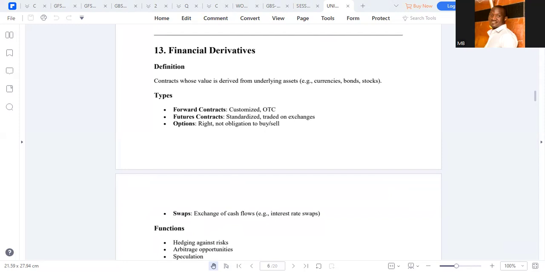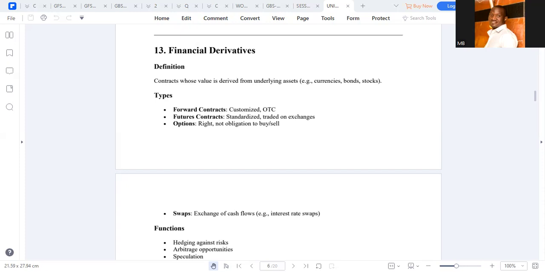Forward contracts are customized contracts traded over the counter. Futures contracts are standardized contracts that are traded on organized exchanges. Options provide the right, not the obligation, to buy or sell at a certain price. Swaps are agreements to exchange cash flows, and the functions of derivatives are that they help in hedging to protect